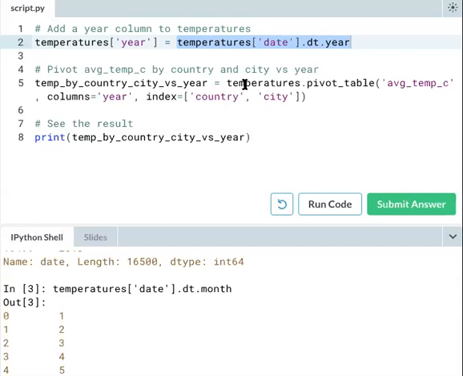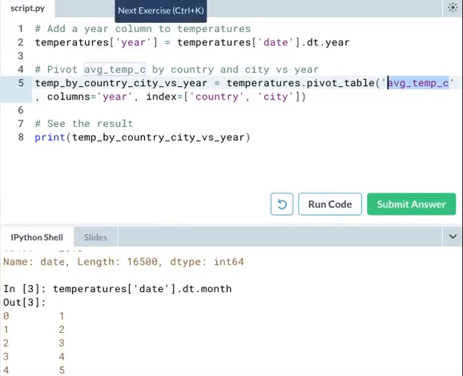Pivot average temperature by country and city versus year. Okay, so that's what they have. So we want the values of average temperature, and we are going to operate on column year, and the index should be on country and city. Okay, so that is what we have done here. So that's about this exercise. And moving on,